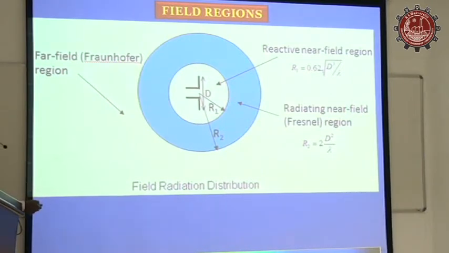In antenna measurements and in antennas, we always work in the far field, where the pattern shape is stable. It is decided by the distance, wherever the distance is greater than 2D squared by lambda, where D is the maximum aperture of the antenna and lambda is the wavelength. This decides your far field. Under this condition, the phase deviation from the edge of the antenna is 22.5 degrees.